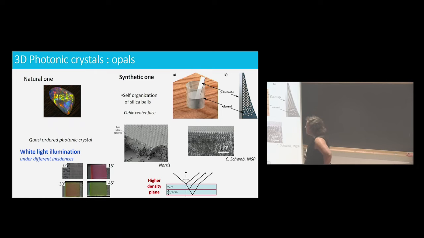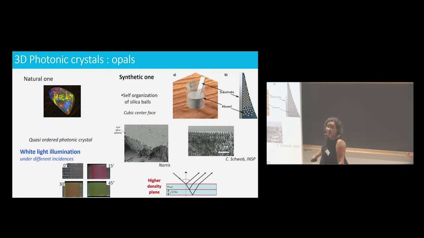In fact, it's quite easy to do in the lab. If you want to do your own opal, you take silica balls of the same size, typically in our case 300 nanometers. You have here a glass plate, and because of self-organization on the meniscus here, what you get is a crystal, an FCC crystal. And you can have an image here, large size, and here a more focused view. So you can see you have this piece of crystal. In fact, I represented here an opal.